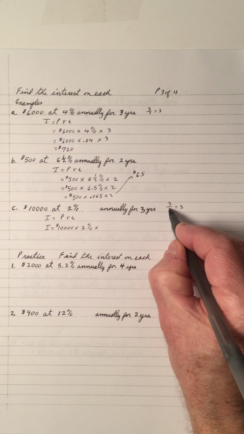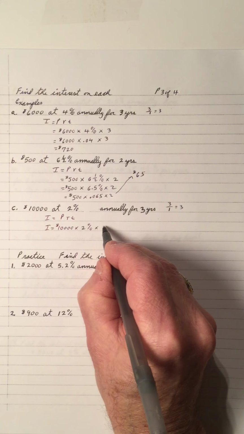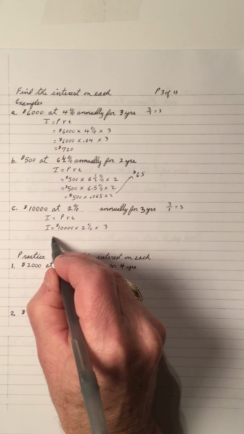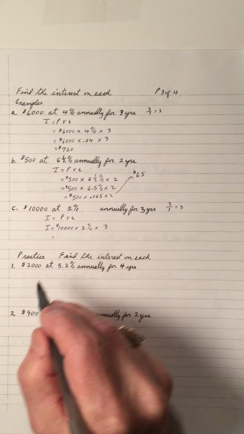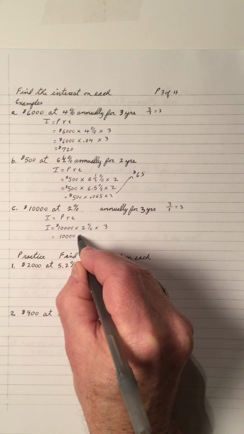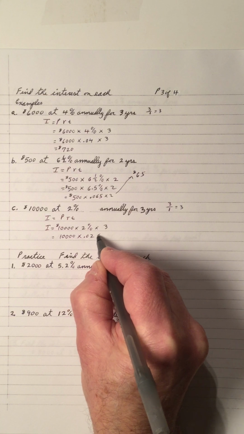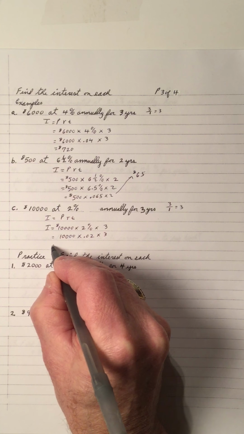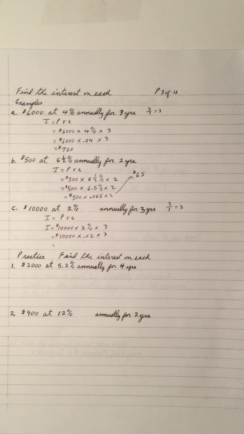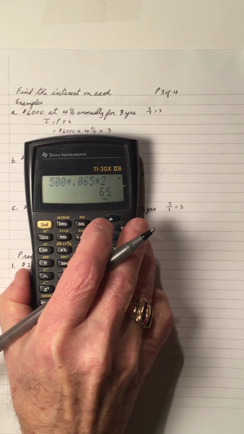But I want to see if you understand what you're doing. So it happens 3 times because it's 3 years, because it's annual. And the 10,000 times decimal 0.2 times 3. And when you take your calculator, that's $10,000. So let's put $10,000